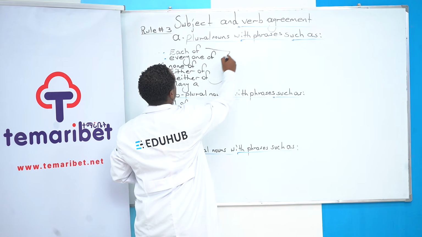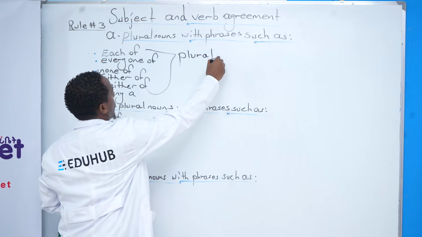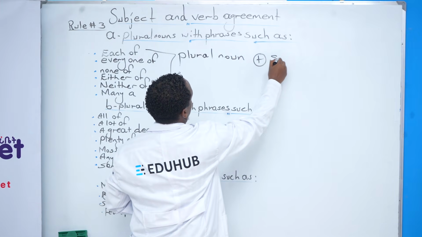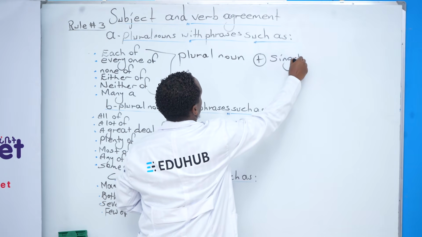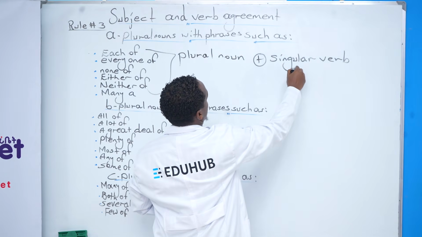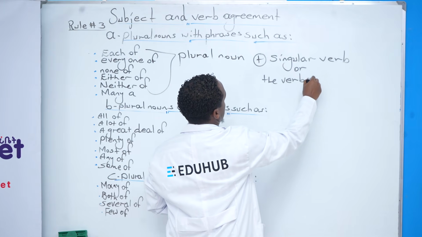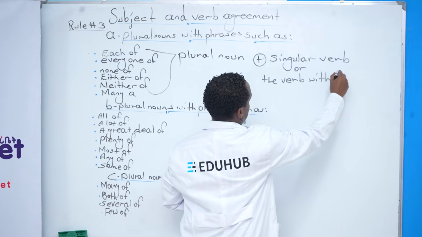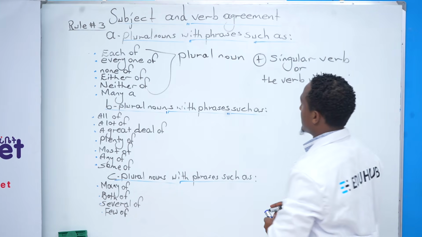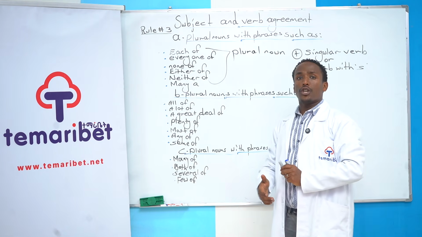When they come with a plural noun, the verb must be singular, or the verb with s, not without s. It must be with s. Look, each of you